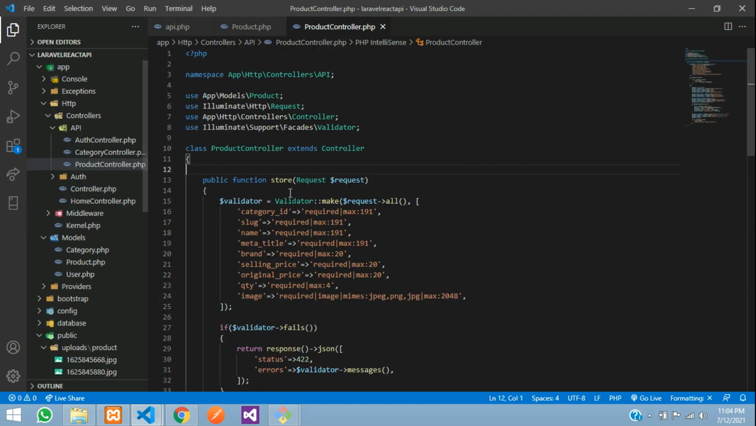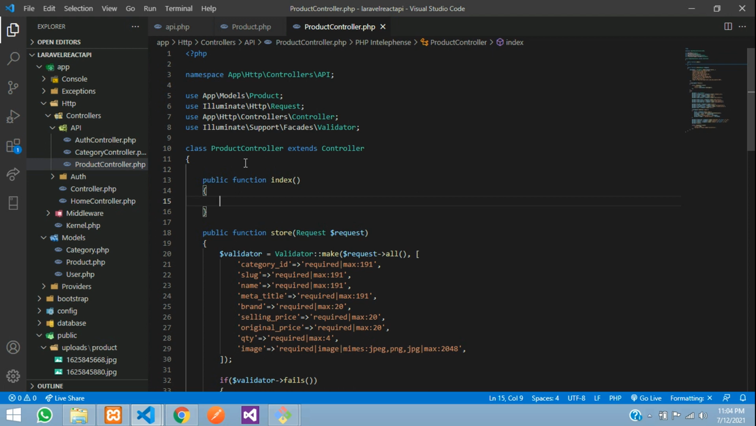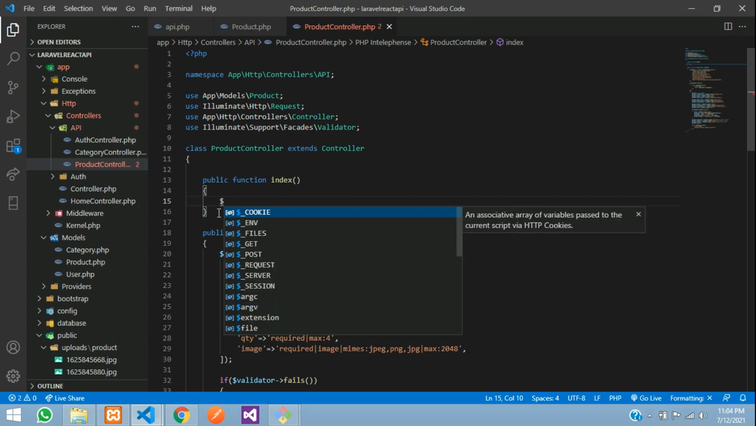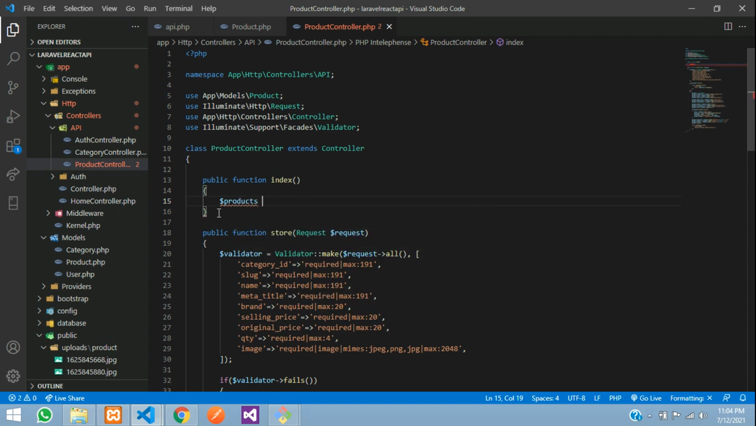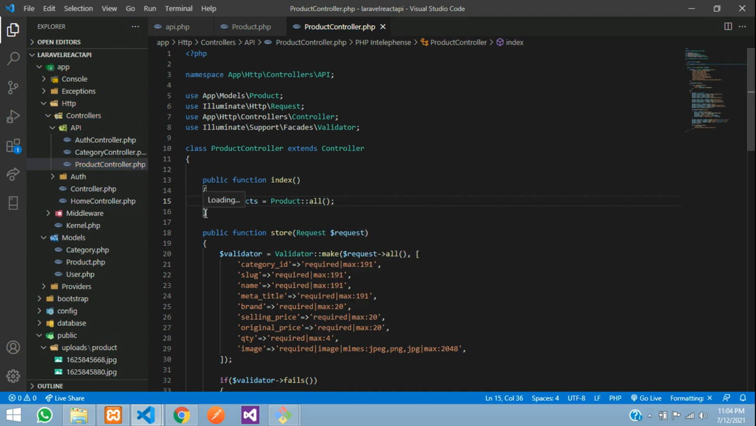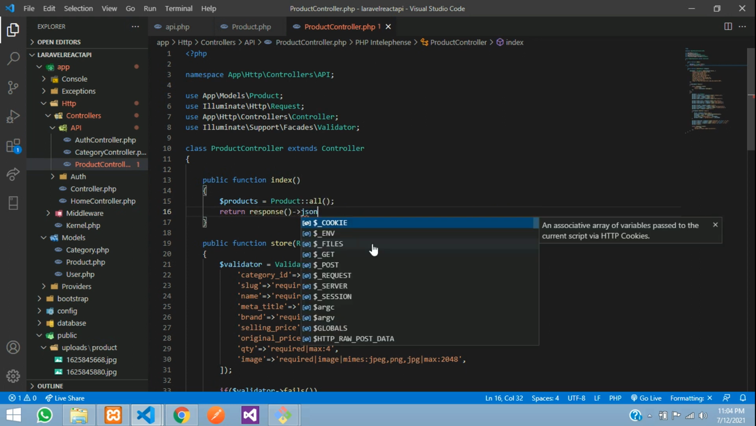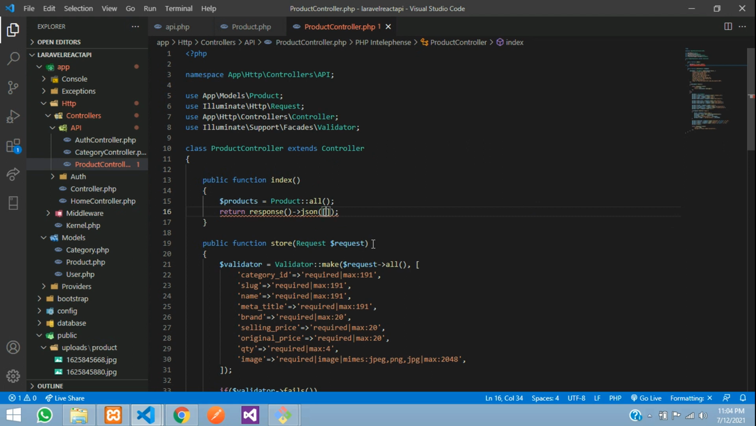Let's go and create one public function with the name index. And now guys, let's write the code over here. So $products is equal to your Product model's all function, and return a response function in JSON format, where